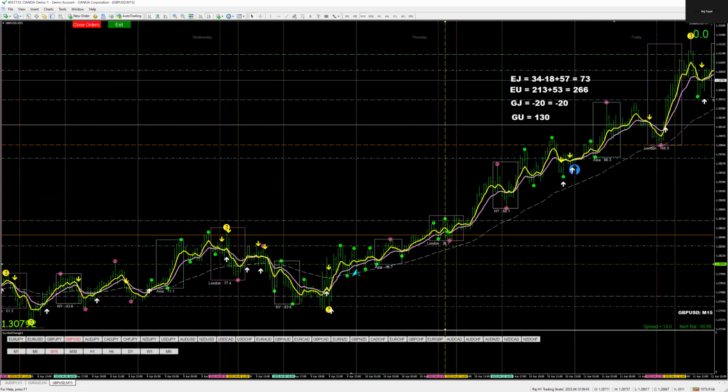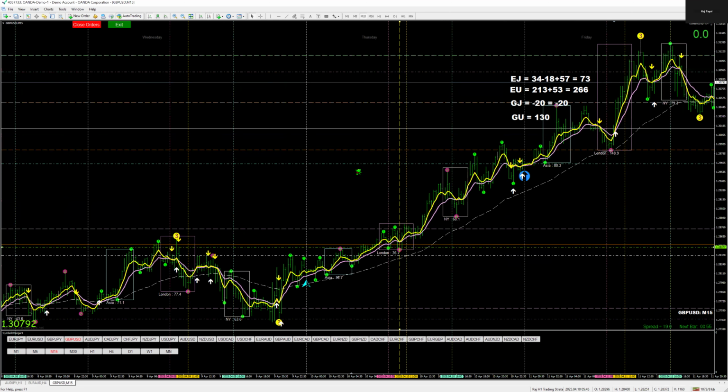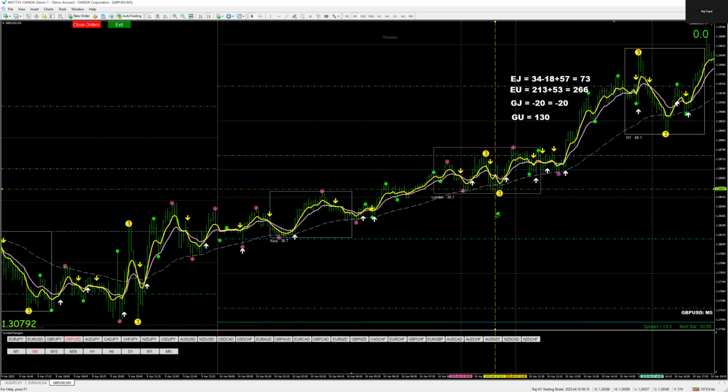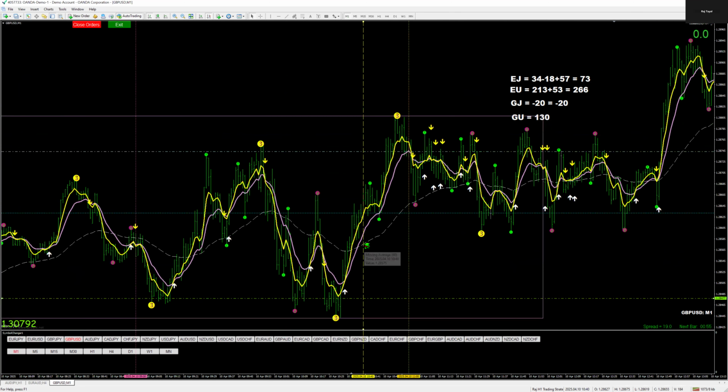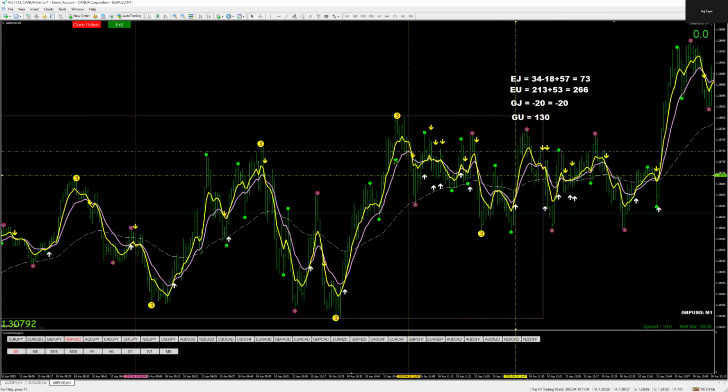And come here. So kind of an odd 2 ball retrace, but let's just say we wait for the 2 ball. So there's no fresh cross here. 5 minute, we get a fresh cross. And 1 minute. 1 minute is sloppy, right? So we can take an entry on this one or wait for the actual entry, which is here. And that's the actual entry with the 3 ball retrace.